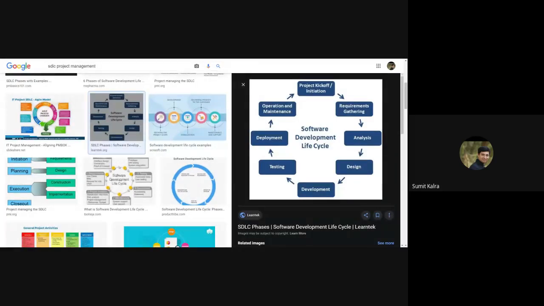How to do SEO, search engine optimization? There are various techniques. You can go through any article, it will describe a step-by-step method. And also it depends on the kind of content you are using on your website. Then the number of links available on your website, incoming links, outgoing links. There are multiple factors in SEO. So for your learning purpose, you can do SEO for a particular website and follow the software engineering principle.